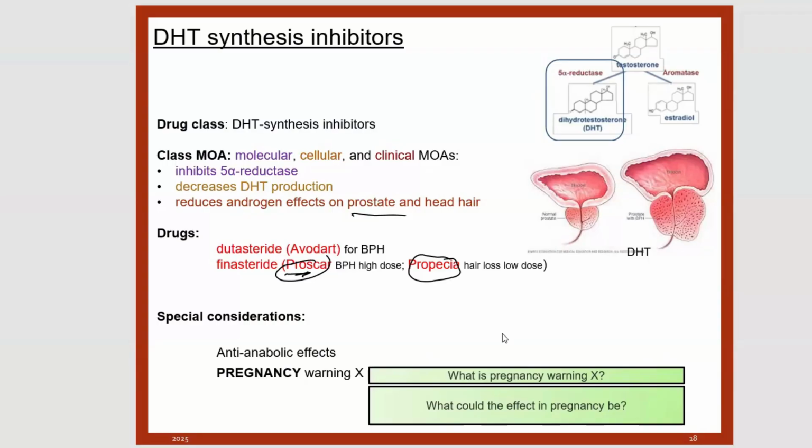So knowing what these drugs do, why is this an issue? It can cause birth defects. Think about what these drugs do. What type of birth defects could be caused? Abnormal development of any male anatomy in the fetus. So one of the effects can be unwanted feminization of an XY fetus. If you're blocking production of DHT, the male fetus is not going to start developing anatomically male.